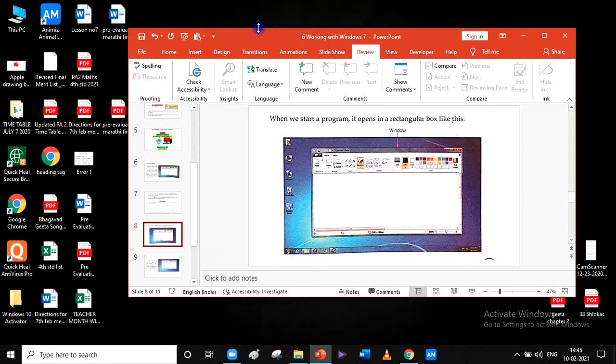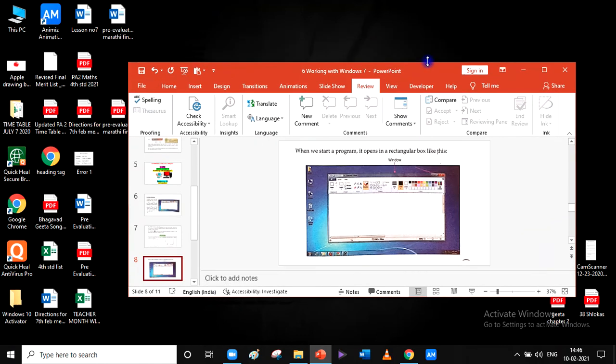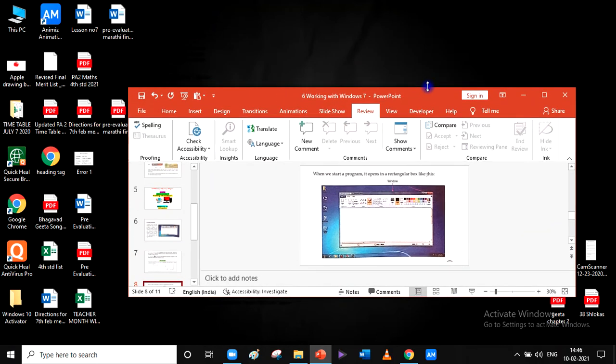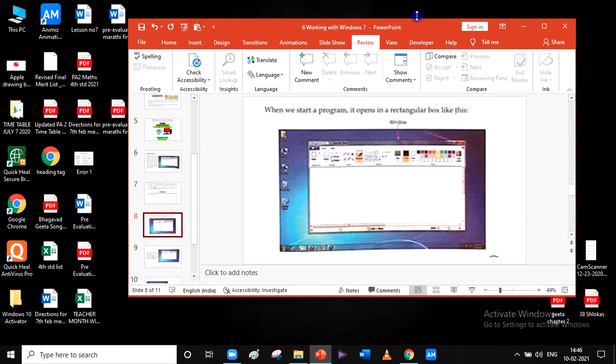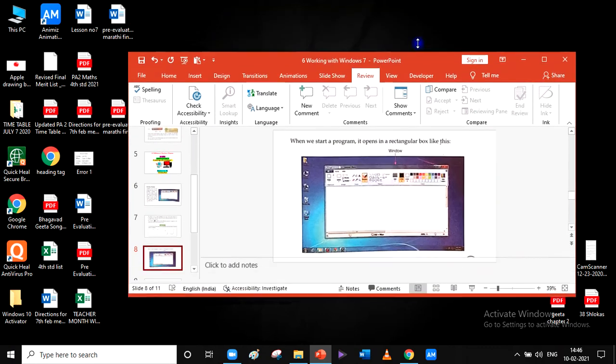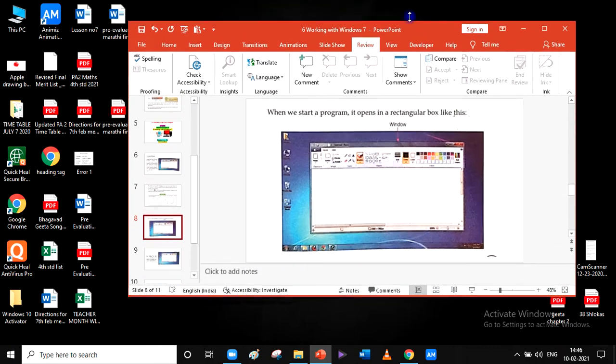When you take your mouse cursor to the edge of the border, here again it becomes a two-headed arrow. You just need to click your left key, hold it like that, and drag your mouse cursor up or down. It will change the size of your window.